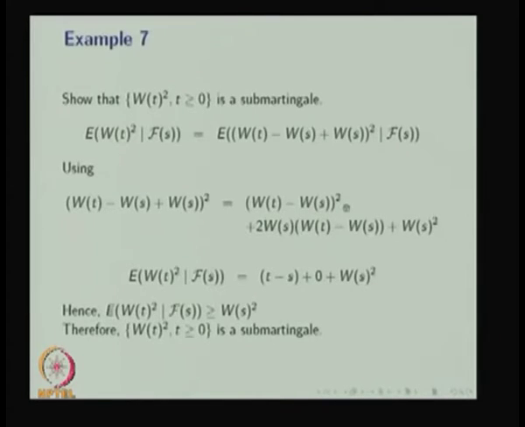You know that F_s is nothing but the information up to time s. And W_t minus W_s is also normally distributed with mean 0 and variance t minus s. I am discussing the standard normal distribution. Later we are going to discuss Brownian motion in detail. So here I am going to use only the distribution and the mean of a Brownian motion as well as an independence property. So here W_t minus W_s is independent of F_s.